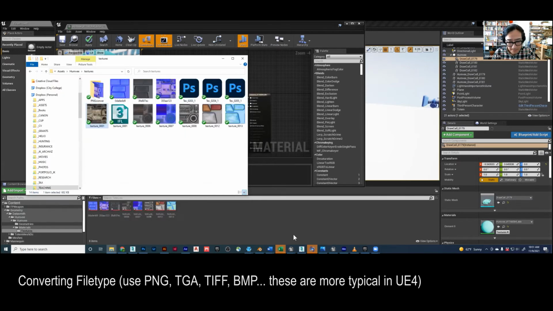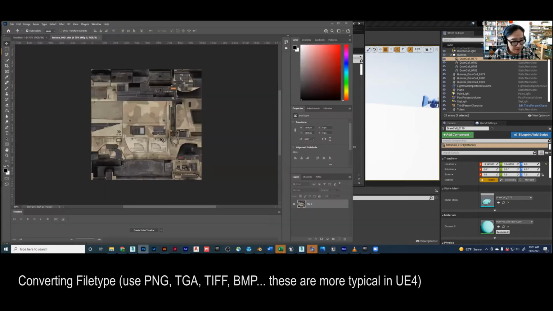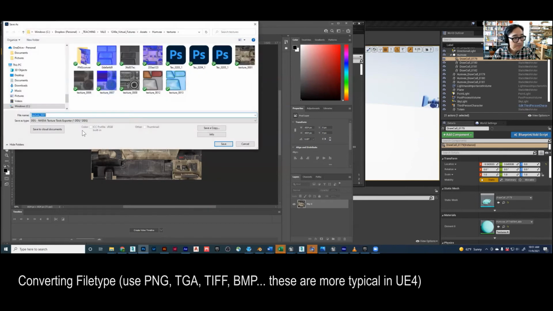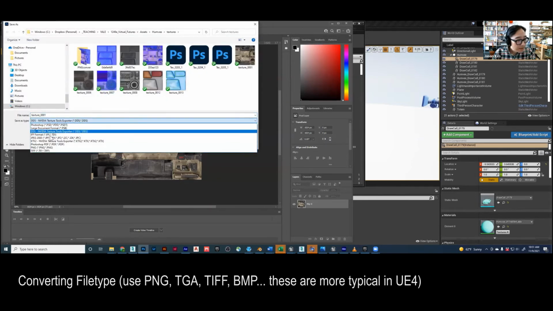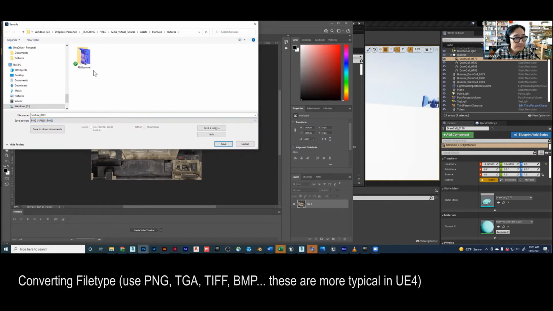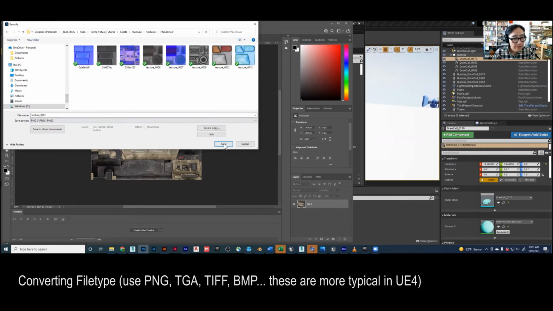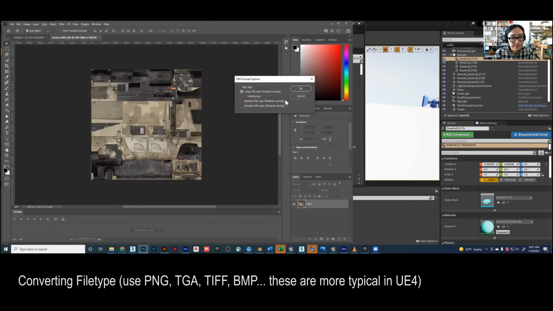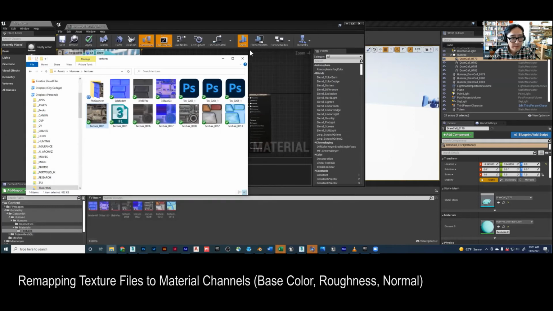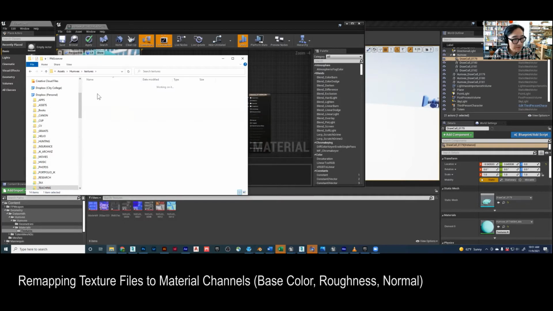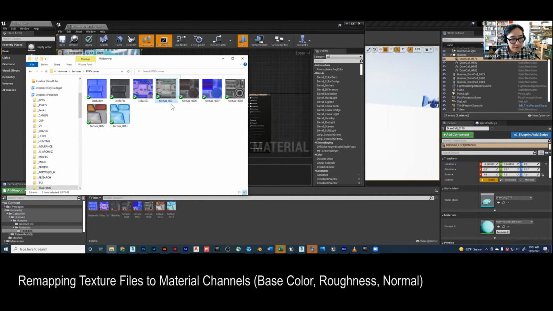It wasn't done. So the good news is I just dragged it into Photoshop and I do have that plugin. So I'm just going to go ahead and save this as a PNG file, and go in here and click save, and hit OK. Okay, so we're doing a little bit of a mix and match here. So now if I go into my PNG converter, I can grab this texture, drag it into my Unreal Engine,